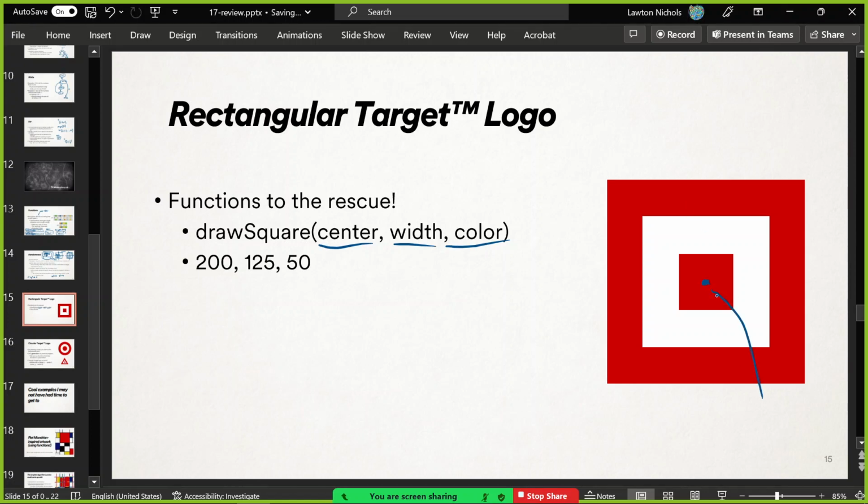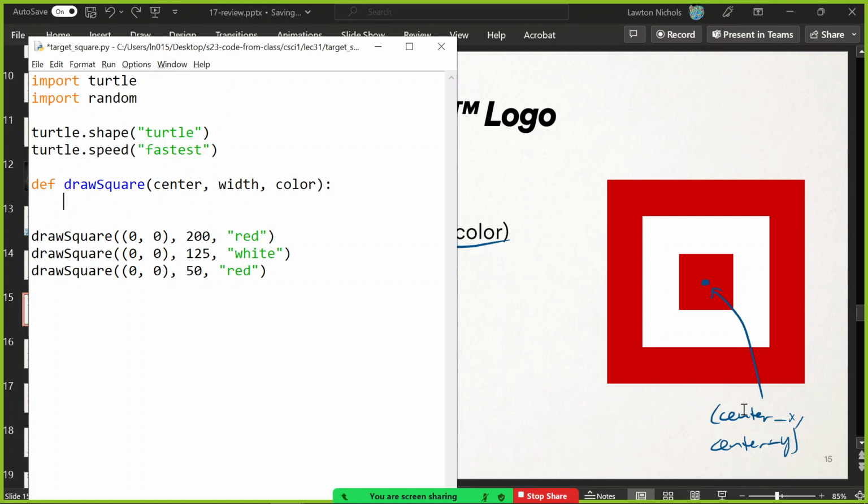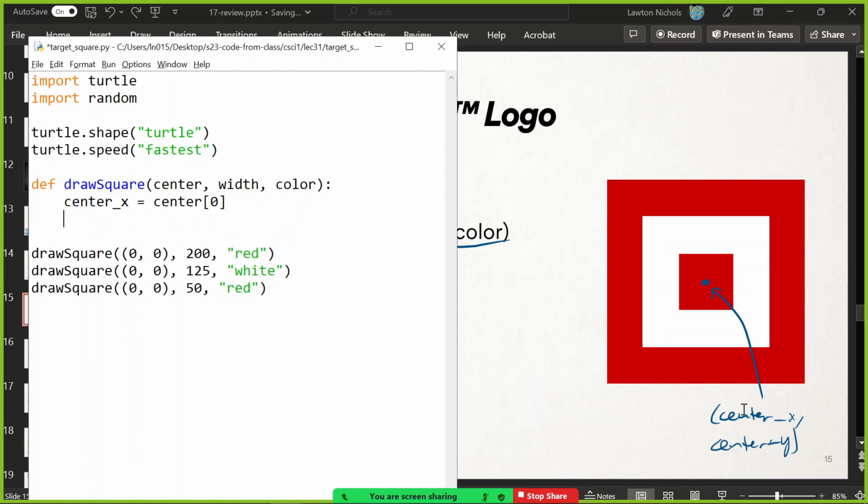It's got center x and center y. So center x is the 0th thing, center y is the 1th thing, I guess. That's how you can think about it. And so we can extract those from the center variable. So center x is go into the center tuple and get the 0th thing out. Center y, similar idea. Now I have the center.